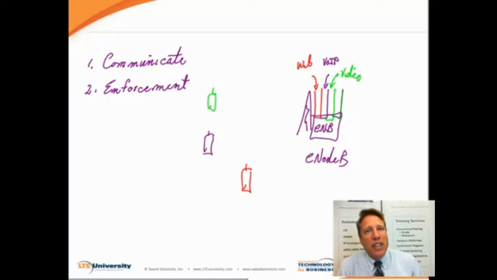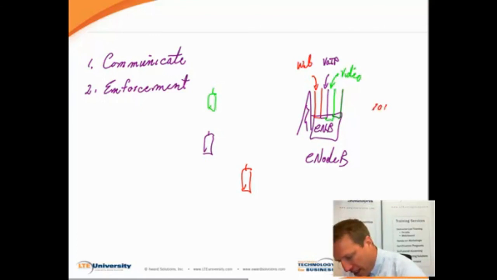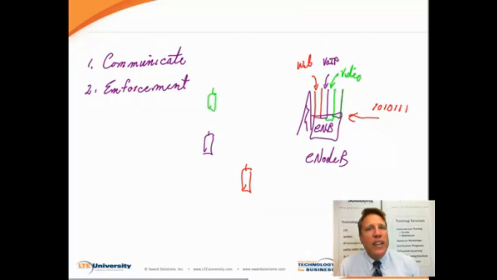So what does this mean when we get to the eNode B? Well, what it means is that as the data is coming down, let's say we've got this web traffic that's coming down from the network, we need to be able to classify that as web traffic and know what its QoS requirements are, and then send it over the air in a way that matches those requirements.